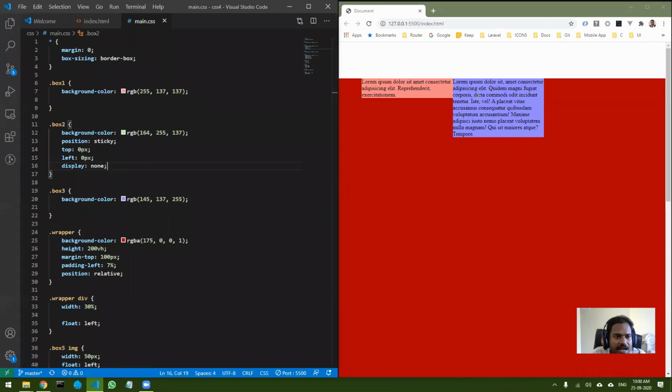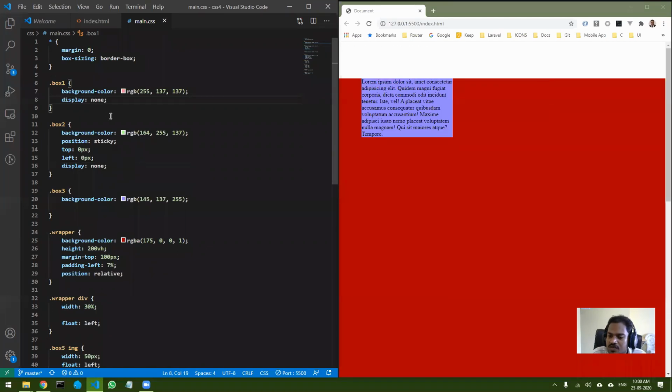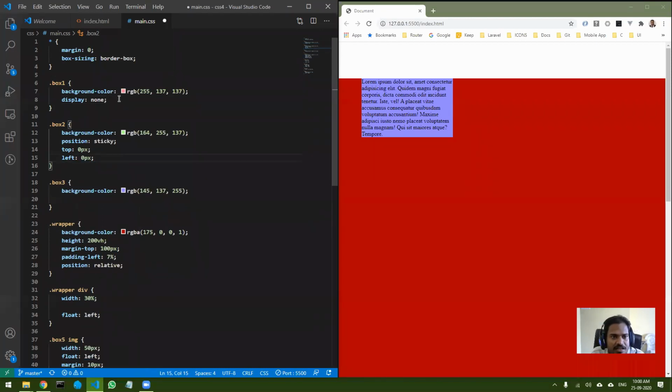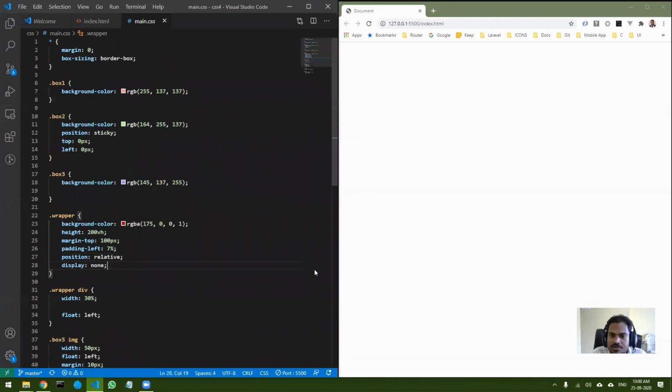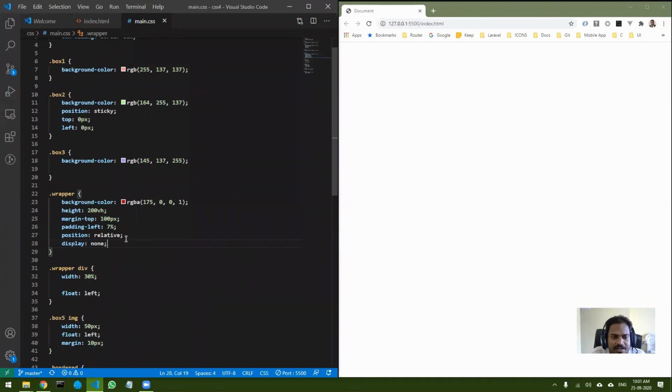And I can do it to box 1. Box 1 is removed. Now only box 3 is left. So that is the advantage of this. You can remove this entire div also. For that you will come to wrapper and do display none, and you can see everything is gone now. So that is the advantage of doing this.